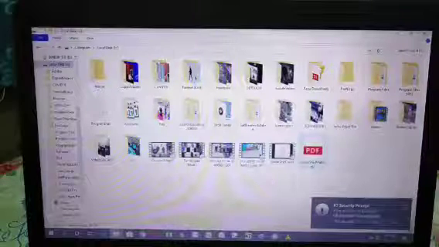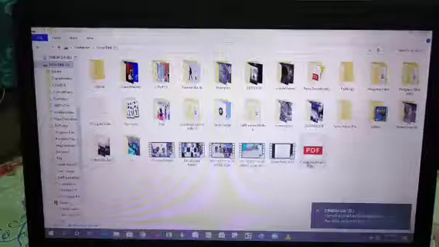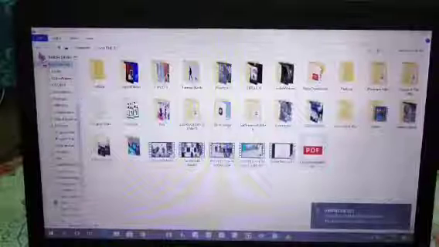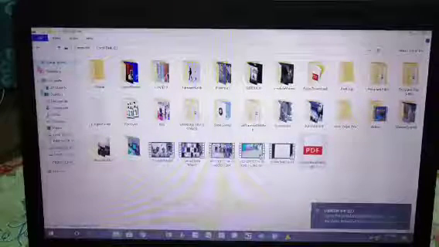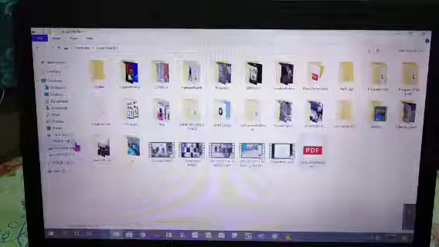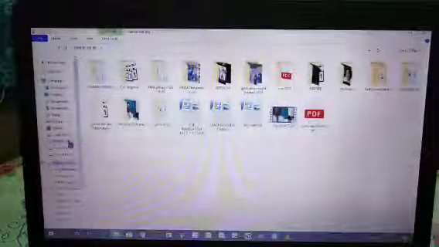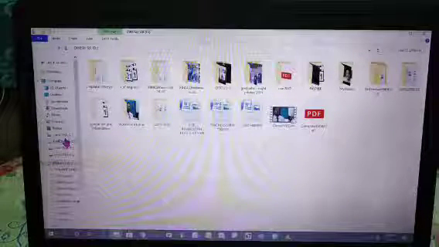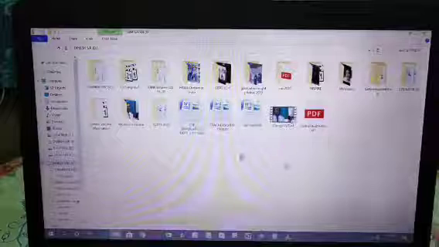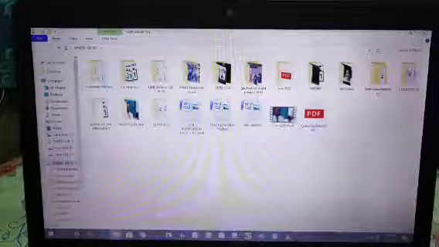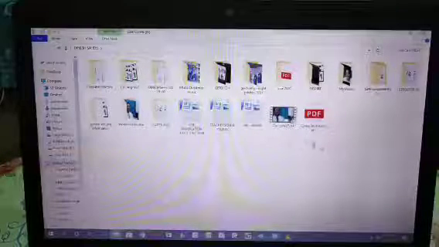So after inserting the pen drive, you can see here on the left side this D drive location. After clicking this one, you can get this is the D drive location, the pen drive which is inserted, which is here.